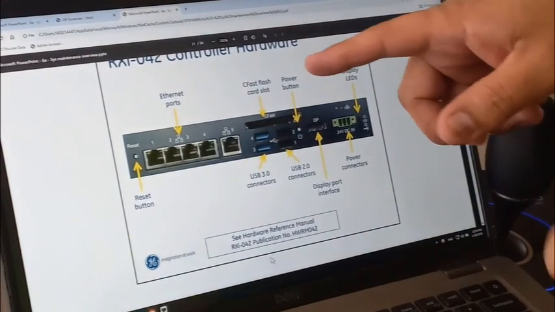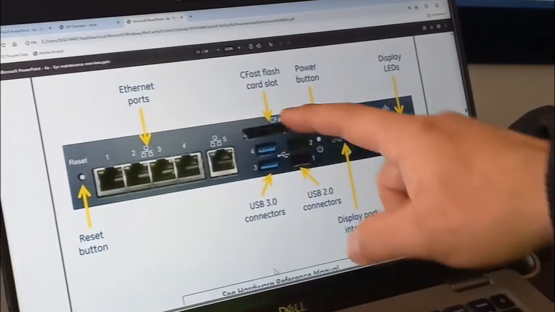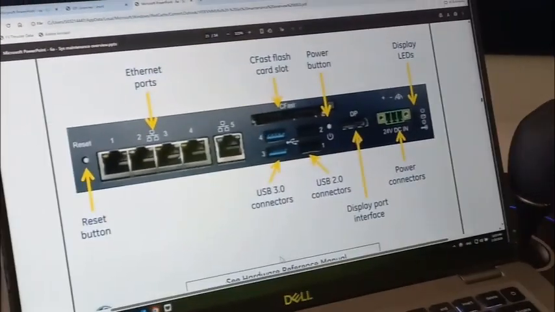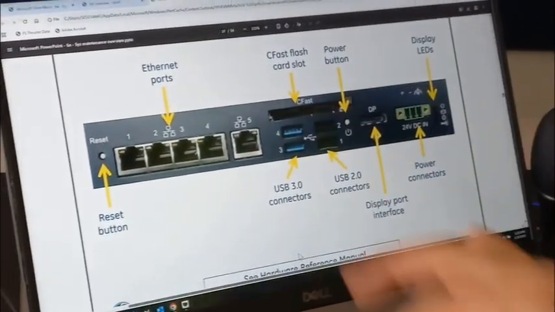We have this flash card? Yes, it is. Is this CF card a backup? This is not a backup. This is where the software is stored on the controller. Okay. And then you have the